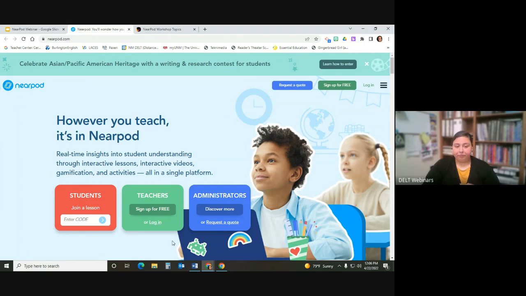To come in here, you're just going to go right here where it says sign up for free. That's where you go through the process of creating your account. Again, if you have created an NMDelt account, down at the bottom, whenever you're creating an account, it'll say, do you want Nearpod and EdReady? If you have selected one of those options or the Nearpod option, you will get your subscription. But we're going to go ahead and just log right on in